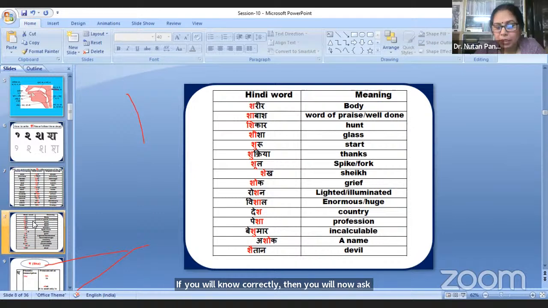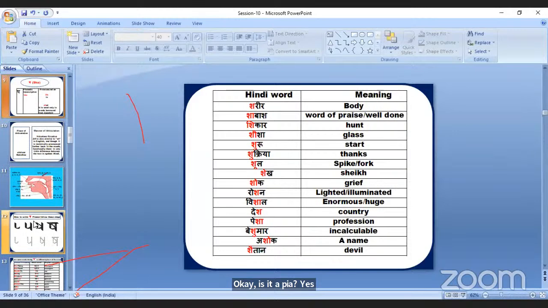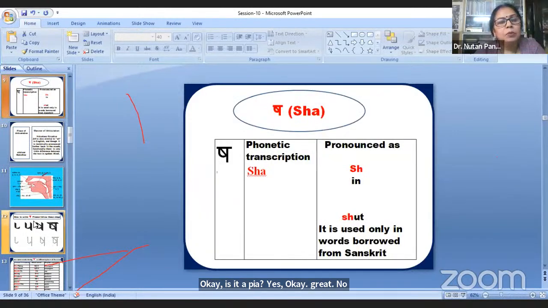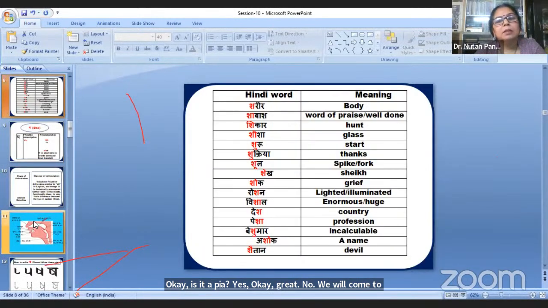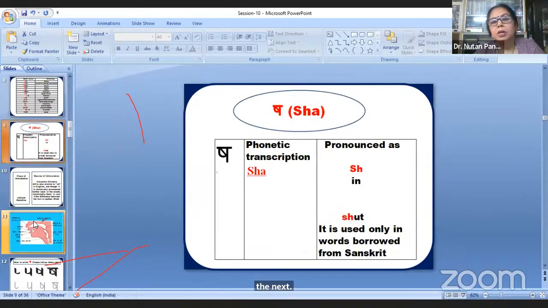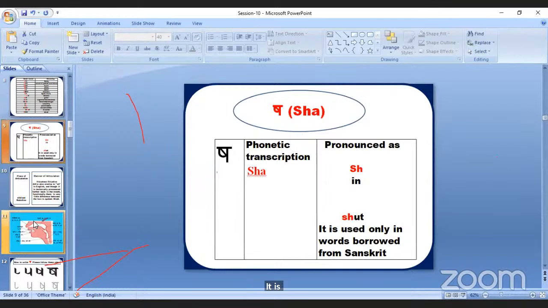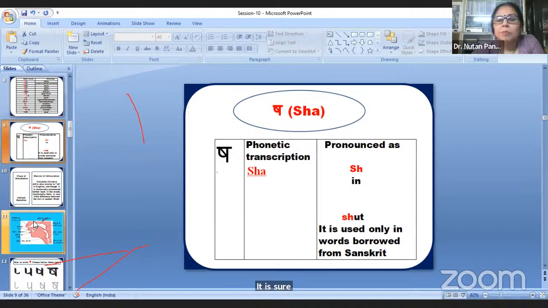Okay? Is it clear? Yes. Okay, great. Now we will come to the next. It is sha. Sha. Also a sibilant sound. But the difference of sha and sha is